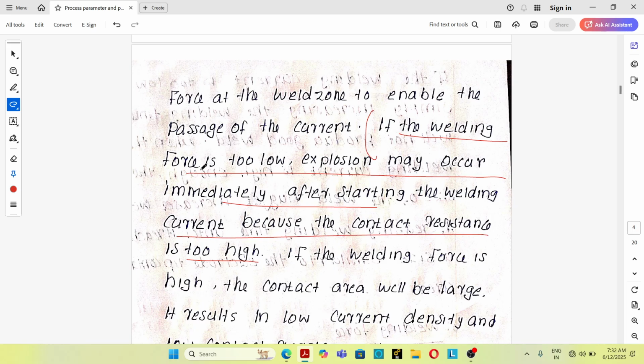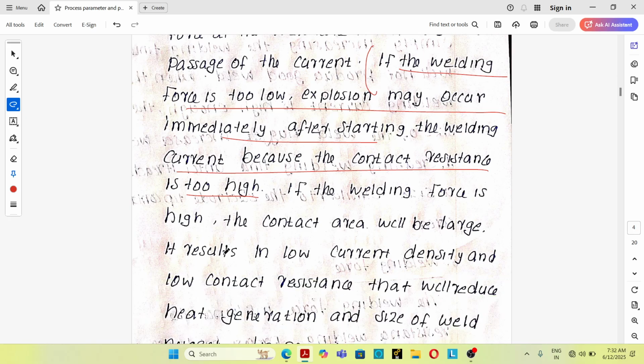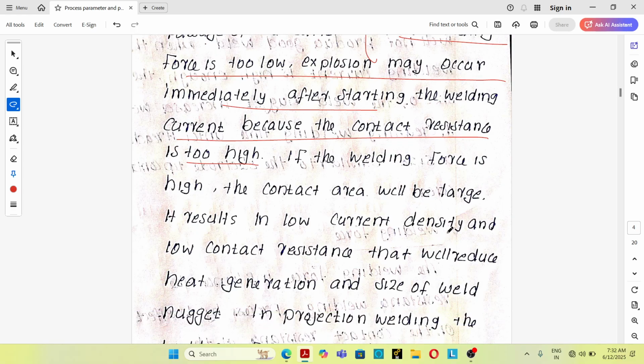So if the welding force is too low, the explosion may occur immediately after starting the welding current because the contact resistance is too high. If the force is high, the contact area will be large. It will result in low current density and low contact resistance that will reduce the heat generation and size of